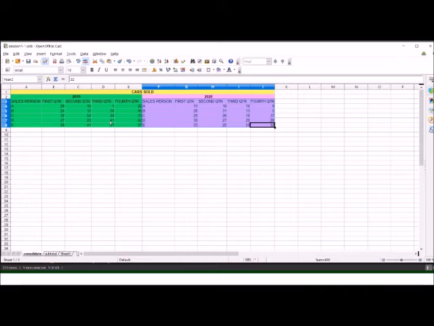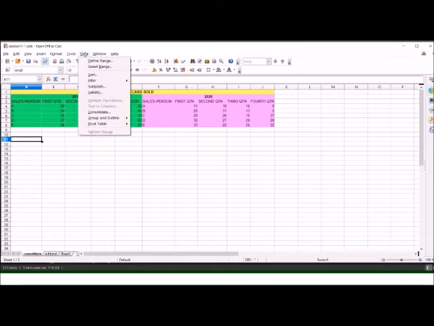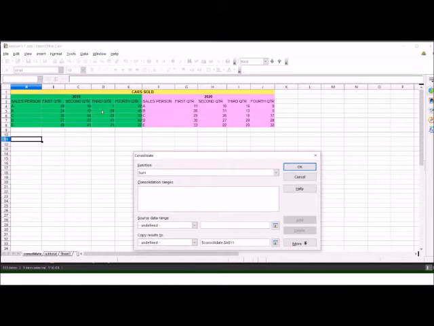So we have given names to these two ranges. After defining the names for these two ranges, we want to consolidate these two ranges into one range. For this, we will select the data menu and then we will select the consolidate option.